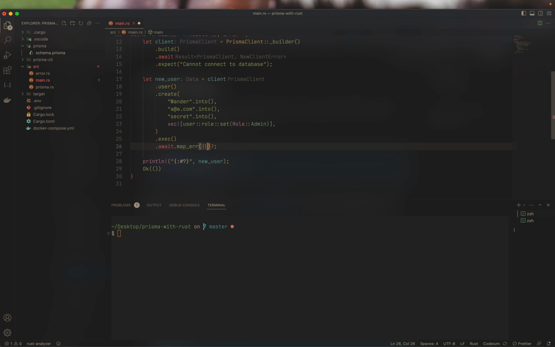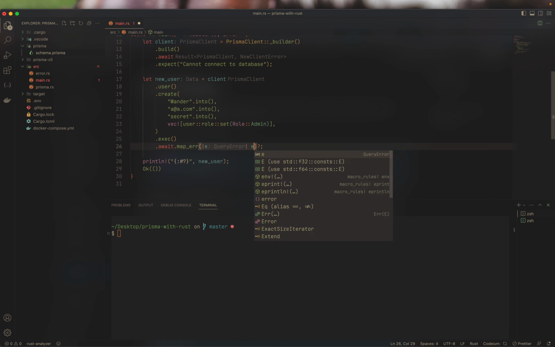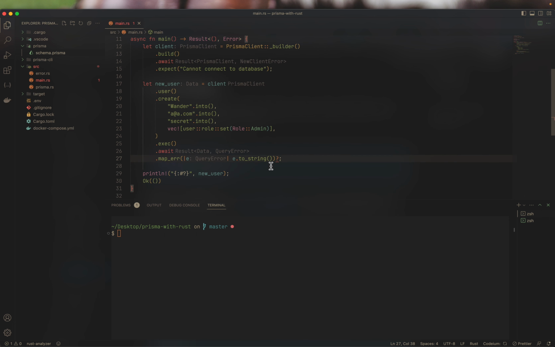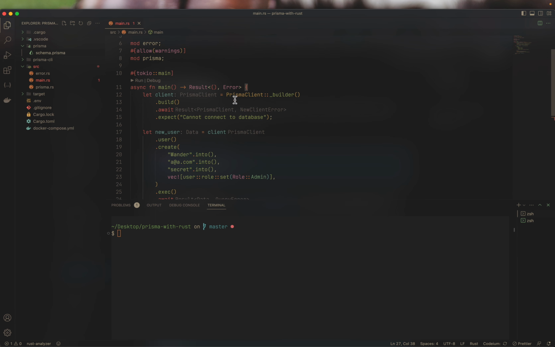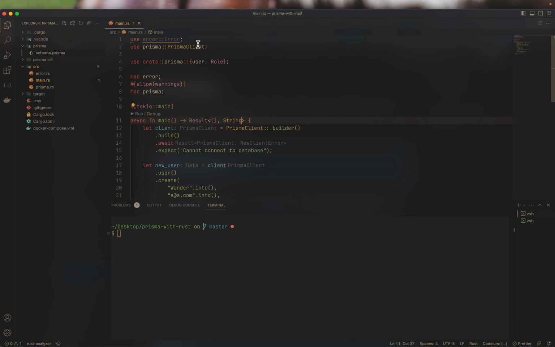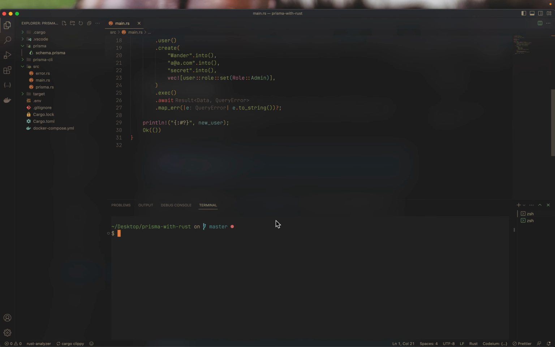And then what is the thing under here? It is of type query error. Well, I can now just do a toString, and then things will fail, of course. Now I can return back a string. I don't need this guy right now. All right, so if I go for